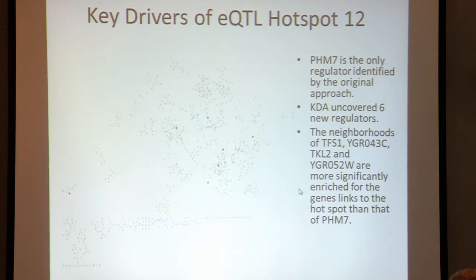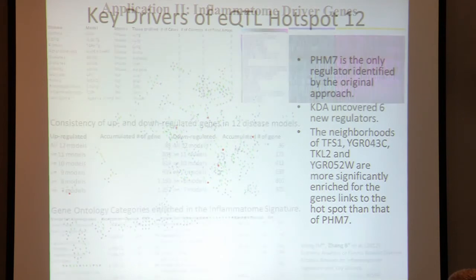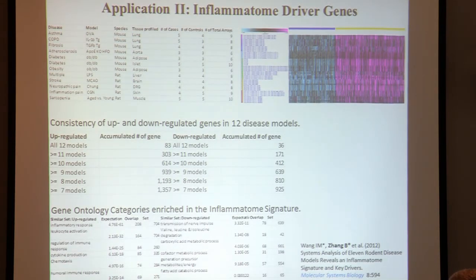Then the original and the simple downstream overlap with the eQTL and the hotspot. Then we come to the inflammatory driver genes. In this particular application, because the gene list is quite long, we have a 2,500 inflammatory gene signature, and also the basic network is quite dense because we are simply using all